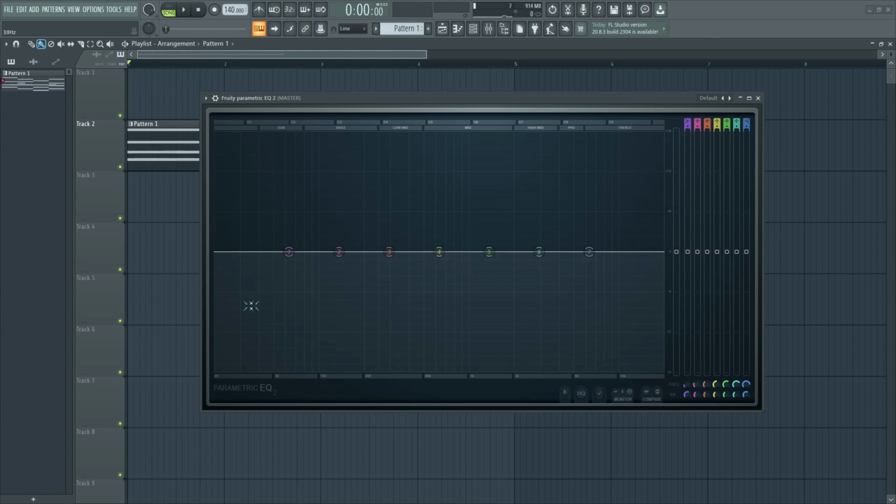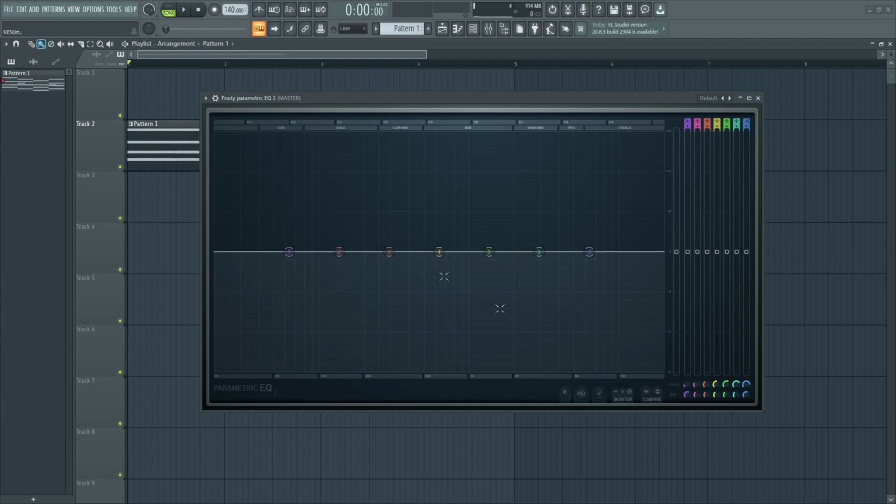And on the left hand side you'll have your lower frequencies. As you can see, you have 20 Hertz at the lowest, and as you go towards the right you will have your higher frequencies, and up here you have your labels for the sub, the bass, the low mids, the mids, high mids, and the treble. All the different labels are here for your reference, so you can see them while using the EQ to know what exactly you are doing.